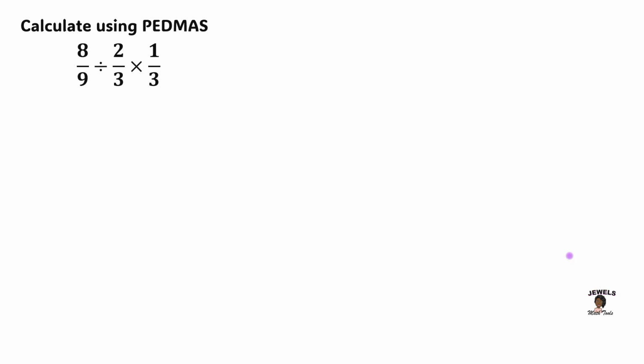So when you have questions like the ones that I have on the screen, if you have division first, that means you're going to work those operations from left to right, meaning my division will be worked before the multiplication. And that rule applies whether you were taught PEDMAS or PEMDAS. We always work from left to right. So because my division in this question comes first, I will be working out my 8/9 and then dividing it